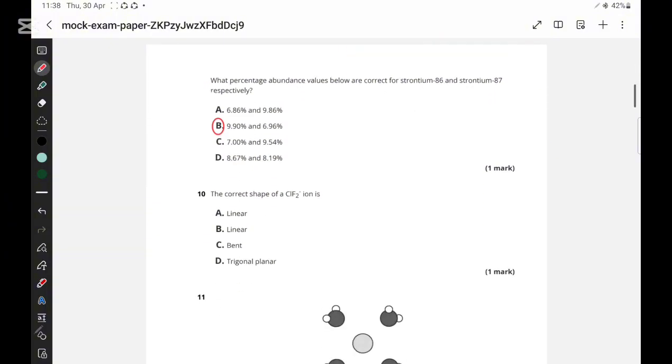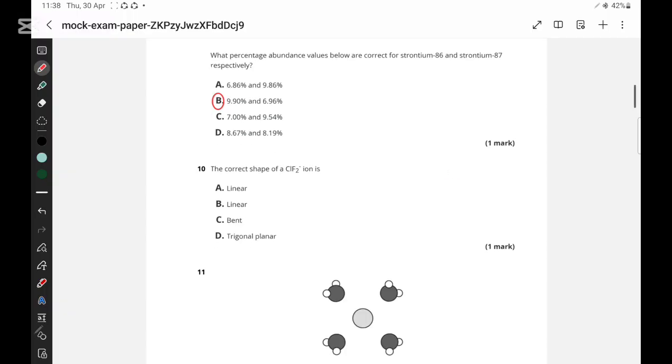6.96%. The correct shape of ClF2 minus: first of all, we have to find its valence shell. So 7 plus 2 times 7 plus 1, and that comes out to be 22. So Cl we are going to put here, fluorine here, and fluorine here. So that corresponds to,